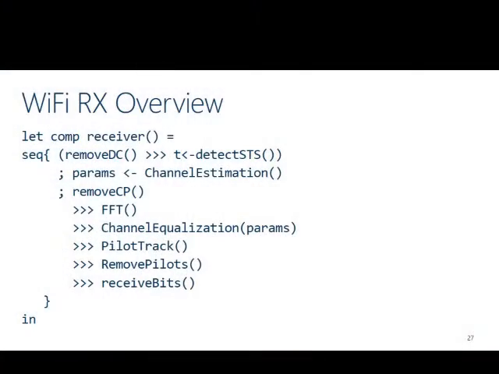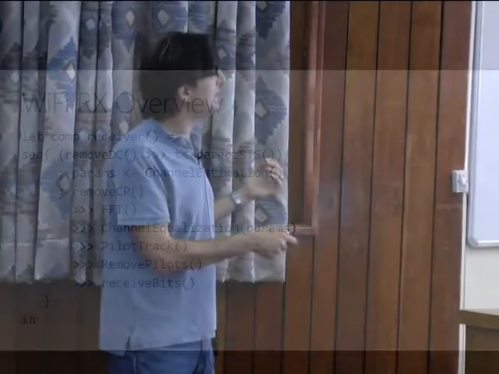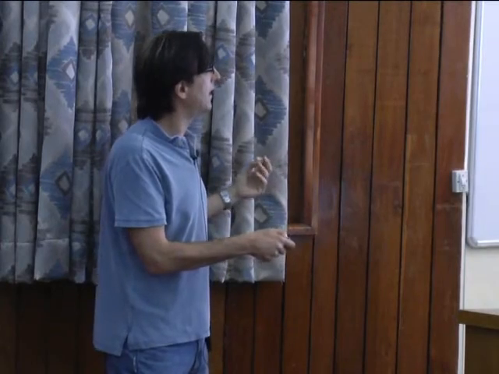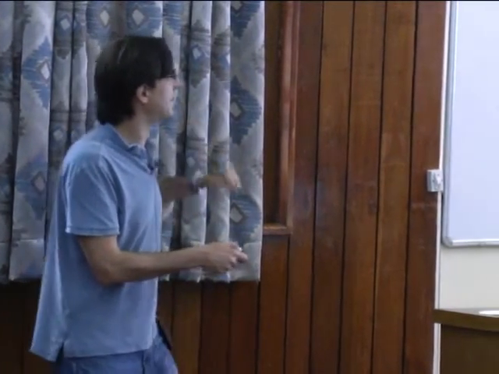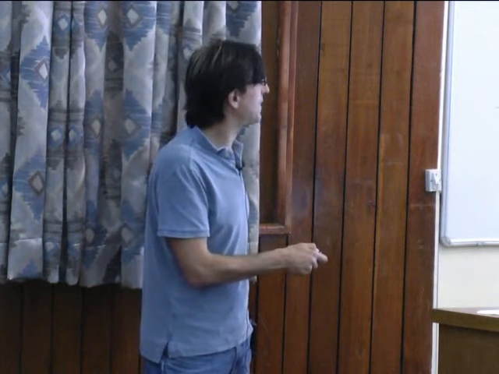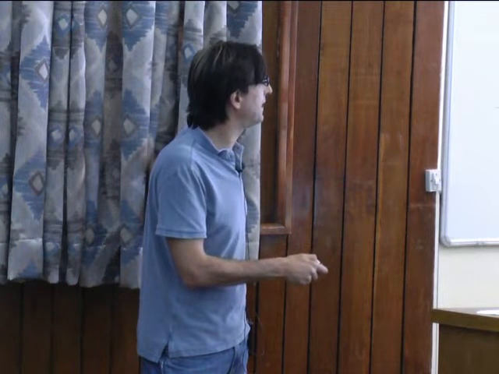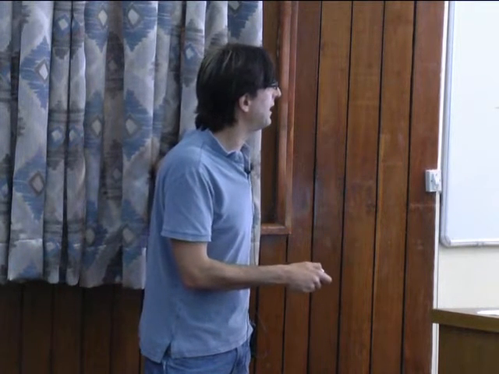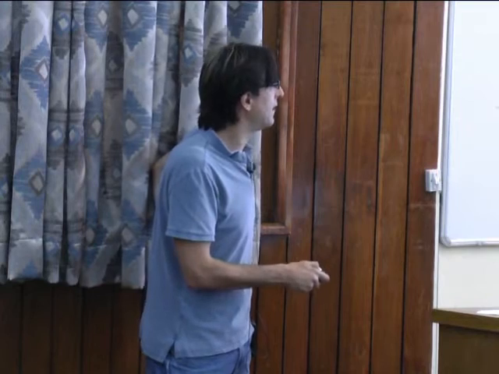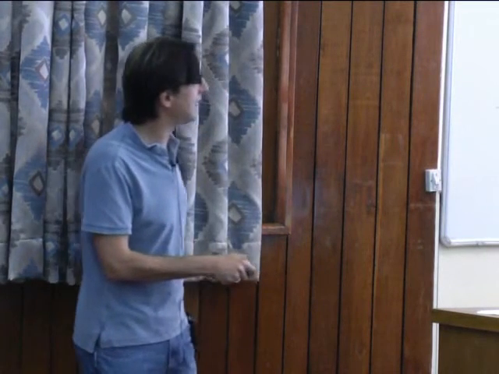And so this is the full receiver. We need this remove DC for the detection, and I'll briefly describe that next. And then we have parameter estimation. This is what we've seen, right? We do channel estimation, and then remove the cyclic prefix. We do FFT. We do channel equalization, and then we do pilot tracking, remove pilots, and receive bits. So the receive bits really is the